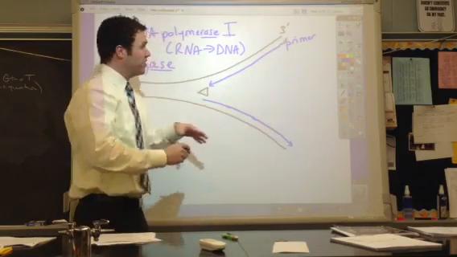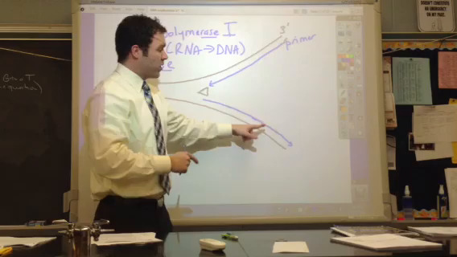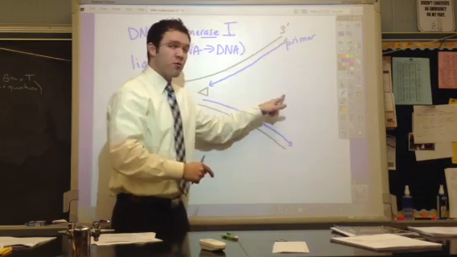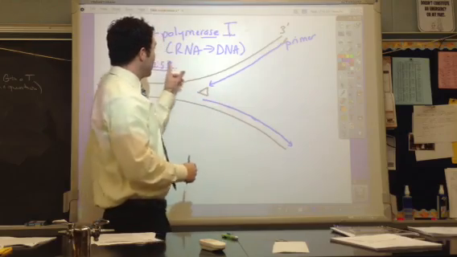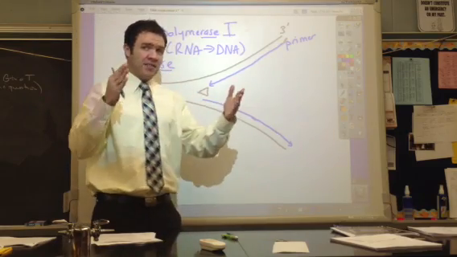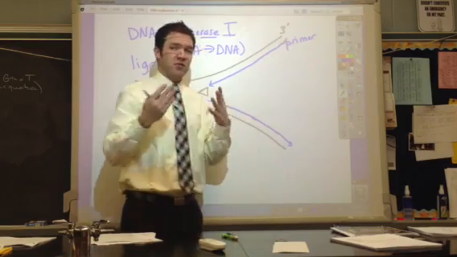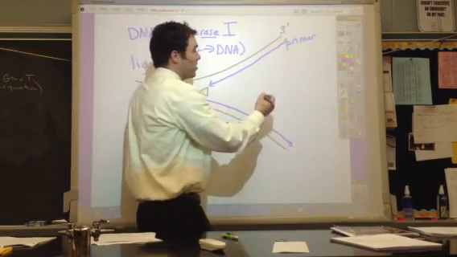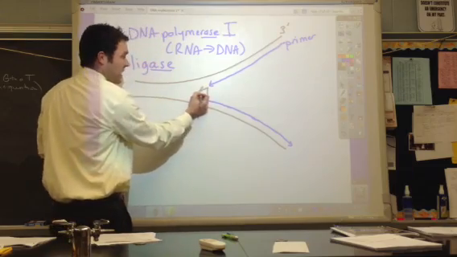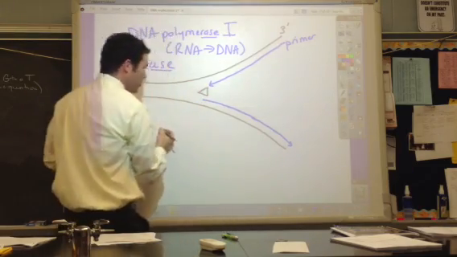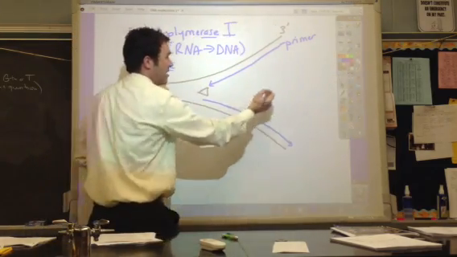Whereas on the lagging strand, it was just a repeating of the DNA polymerase 1 getting rid of all the primers that the RNA primase laid down, and then the ligase acting as the glue that puts all of the Okazaki fragments together. So if I continue this, in the end, if I let the helicase go to the end, what you would get is, and I'll change it, imagine the next slide,